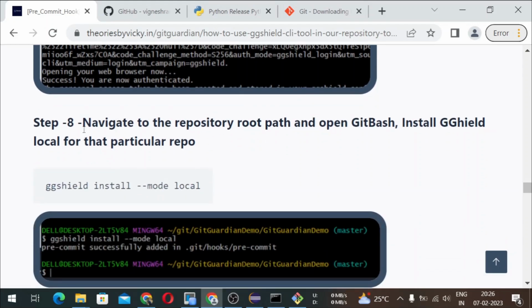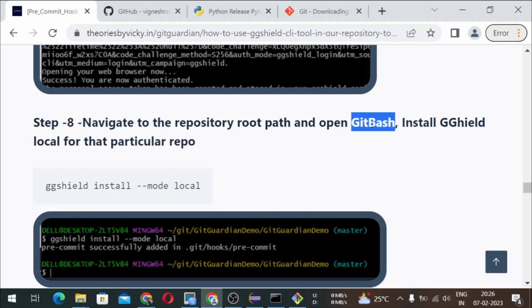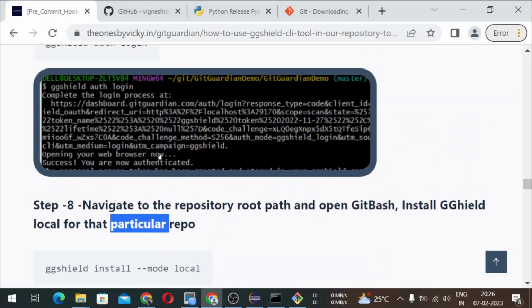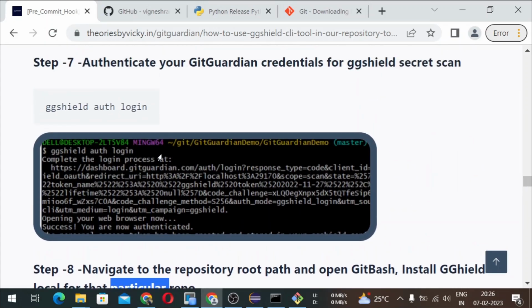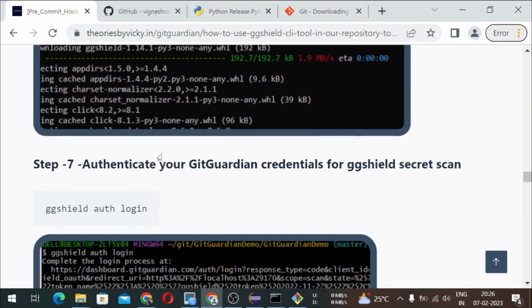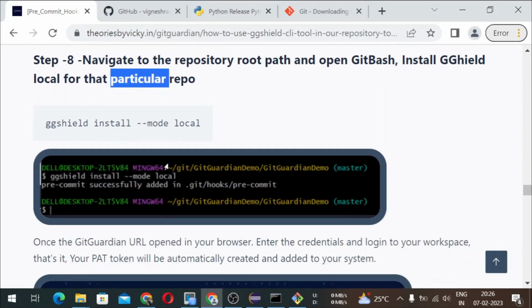Okay, coming to the next step. We're going to navigate to the repository root path and open the git bash and install the GGShield. As I said before, the GGShield is installed and the GGShield is authenticated. But we have to install this. We have to attach this GGShield against the Git repository, right? So what we have to do,